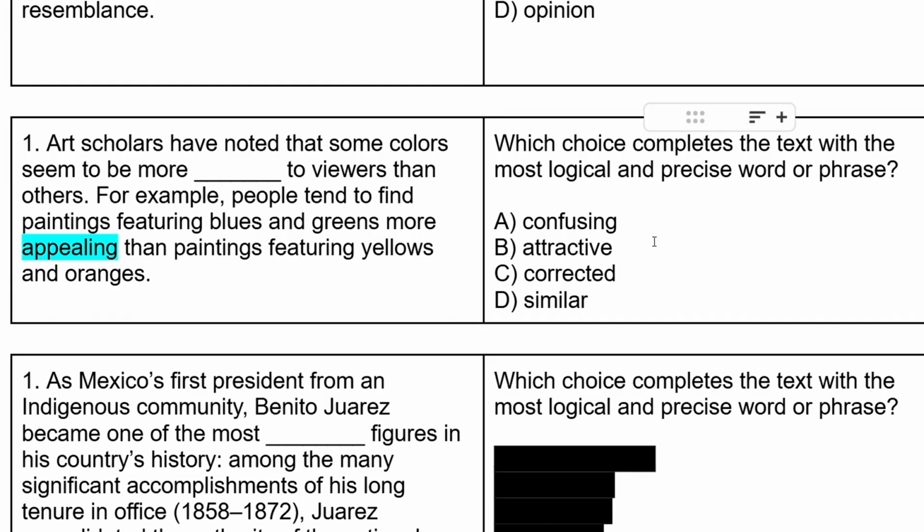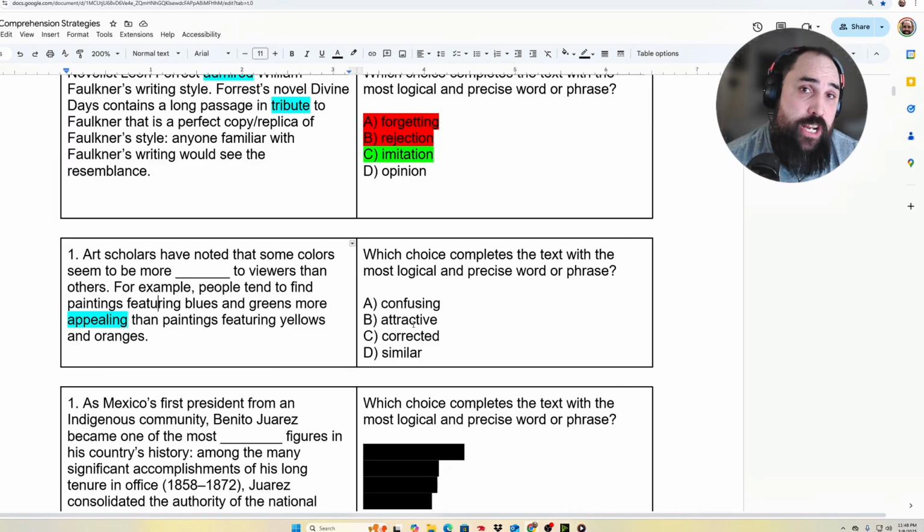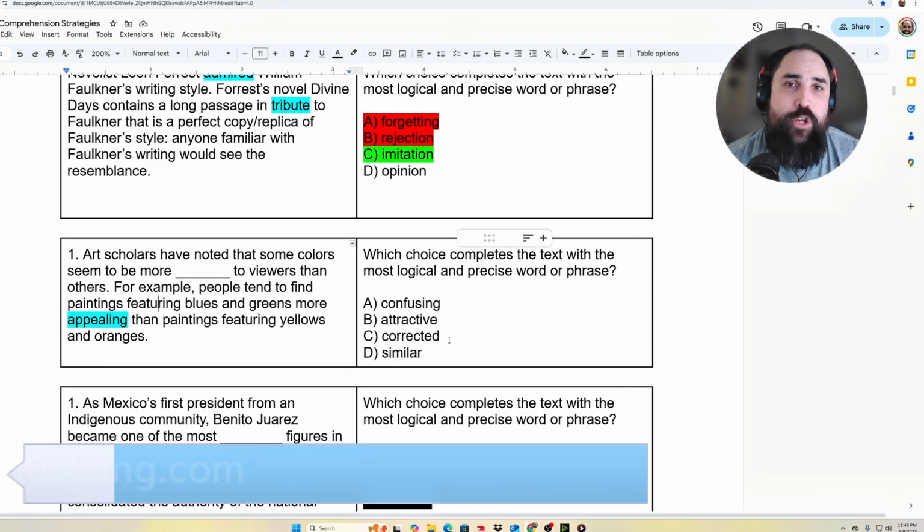I think it's safe to say that our answer B, attractive, matches both our plug-in answer and our original test phrases. Also, if we think about connotation, given that we have a word like appealing in here and we mark this as positive, we can then eliminate every answer except for B because they do not match the connotation or energy of the passage. So here you have it, people.